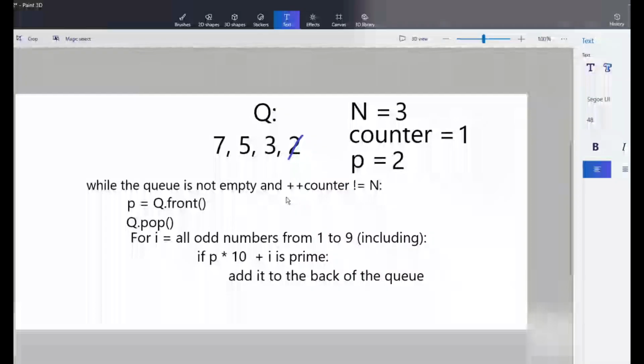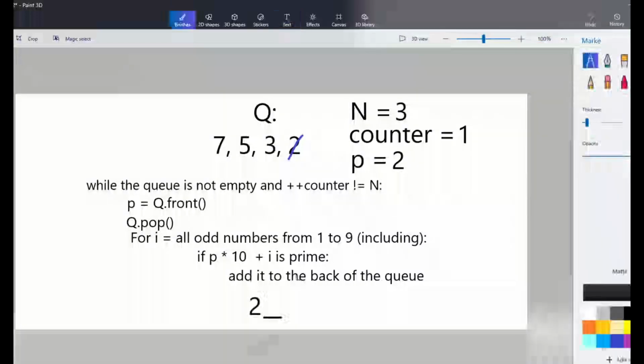Now we're going to iterate over all the odd numbers from 1 to 9. This is interesting: we multiply P by 10, and then append all the odd numbers to 2. By multiplying by 10, we're adding an additional digit to P, and i essentially places odd numbers in that second placeholder. So it'll look something like this. Multiplying by 10, like I said, adds a placeholder in the units and shifts the number to the left. Now we add all the odd numbers from 1 to 9 here,